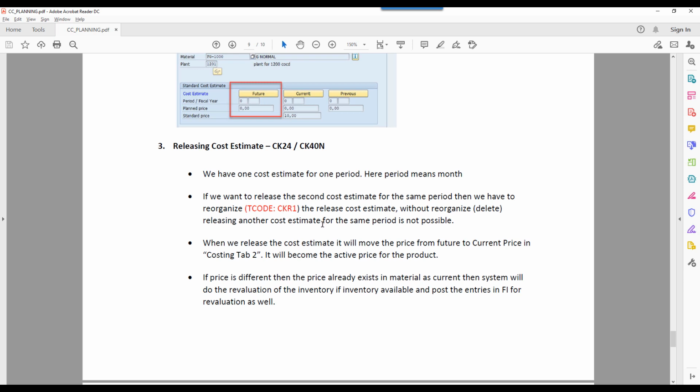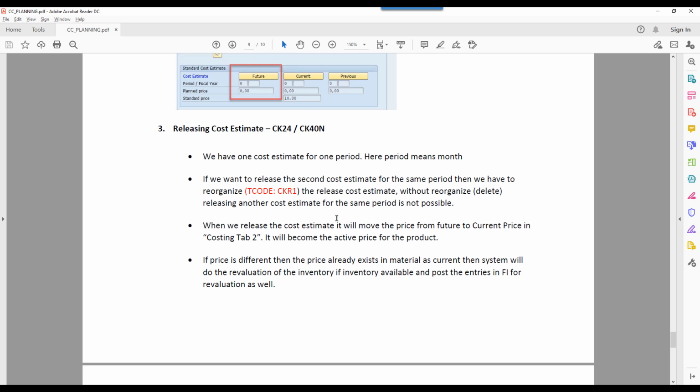Then what will happen with the January 2021 cost estimate? When we release in January, it will be lying in the current field. When we release in February for the second cost estimate, current will become previous. So the system will move from current to previous and update the February 2021 cost estimate to the current field.